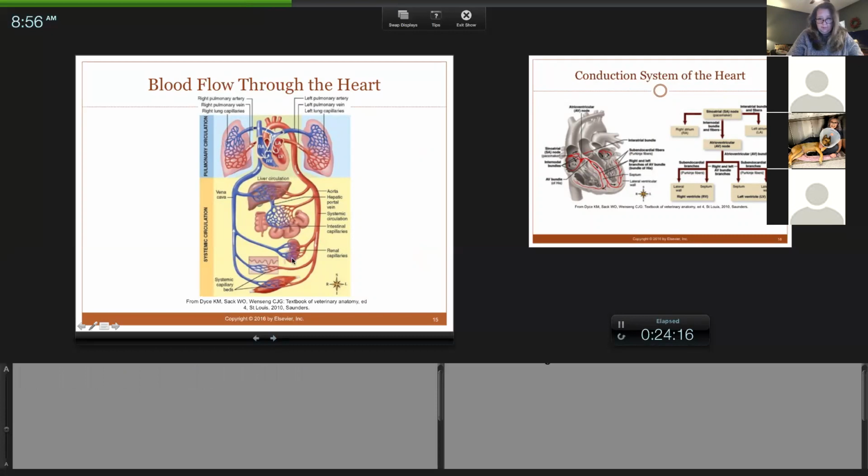I picked the kidney down here, okay? It goes aorta, renal artery. These smaller ones are renal arterioles. And then inside here, you get to the renal capillaries. Oxygen is given to the kidney. The kidney gives the capillaries CO2. Then they go to renal venules right here. This is the renal vein. The renal vein enters the vena cava, which is going back into the right atrium.